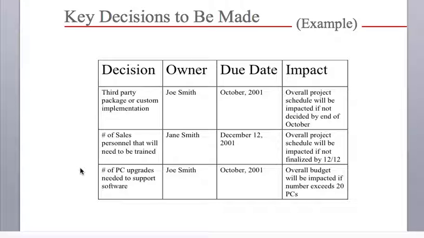Okay, and then you can say who is the owner of that, what is the due date you are expecting, what will be the impact of the decisions, right? So this is basically discussing any changes or any approvals or those things. Okay,